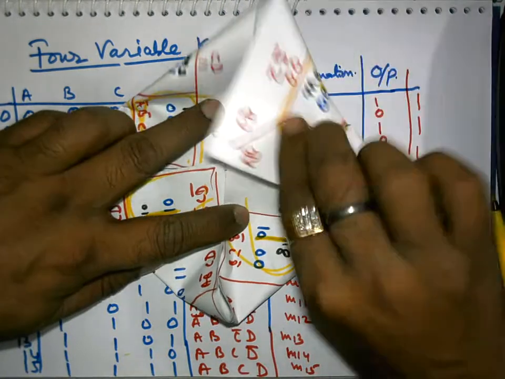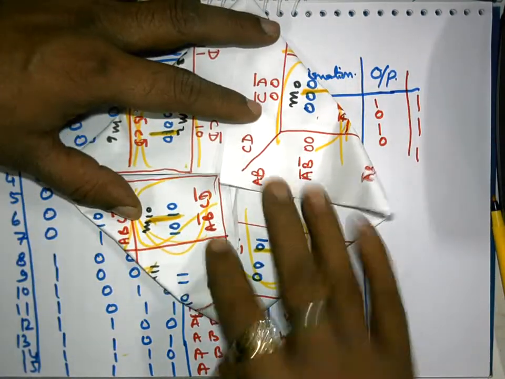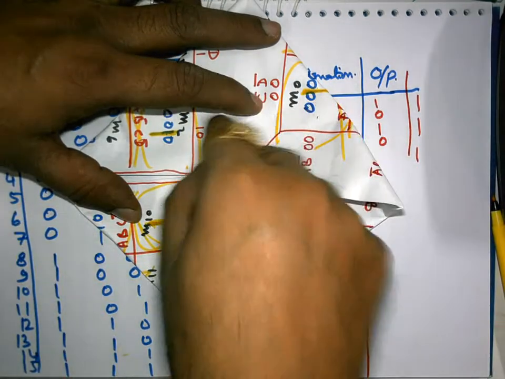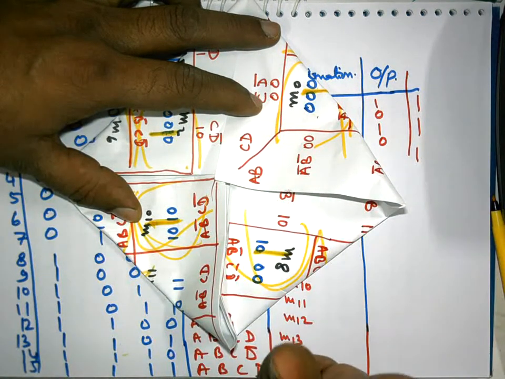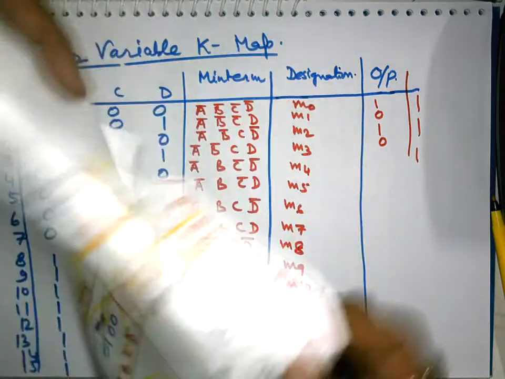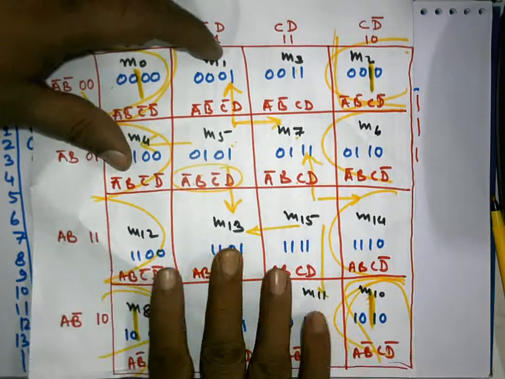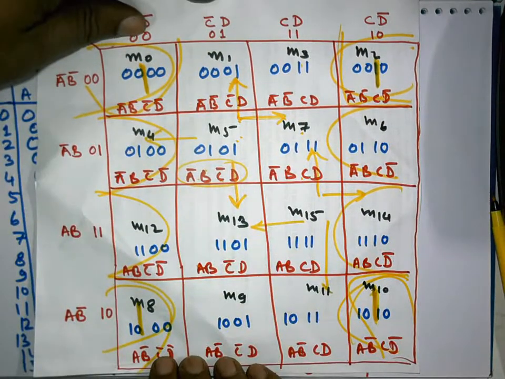From all the 4 corners you fold. You have to do imaginary folding in your brain. You will see that these 4 come together to form a quad. They come together to form a quad this way. This will, and this will, they will come together to form a quad. So this kind of simulation in your brain you have to perform while solving the problem of K-map.